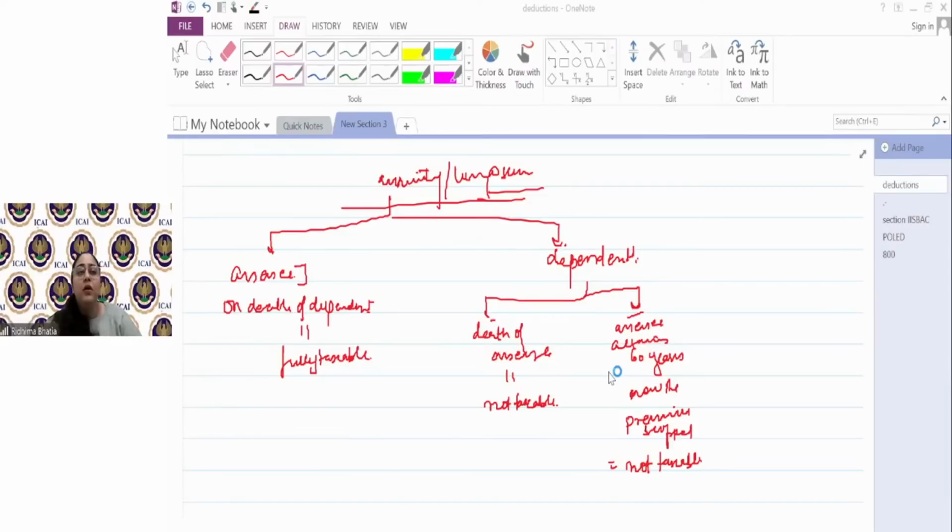Now, whatever money the dependent disabled will get as a pension or as a lump sum, that would not be taxable. 60 ईयर्स की एज तक अगर पेंशन का कॉन्ट्रीब्यूशन स्टॉप हो जाता है, एंड तब कोई मनी मिलता है, दैट वुड नॉट बी टैक्सेबल।